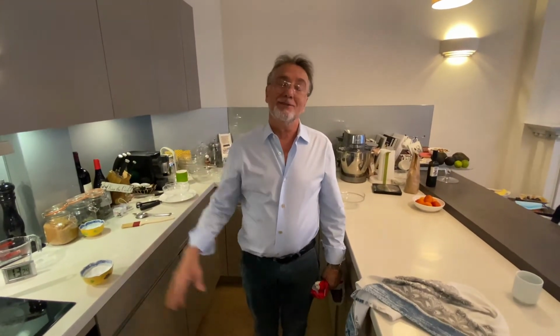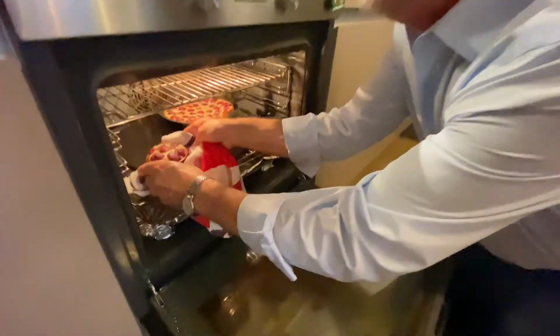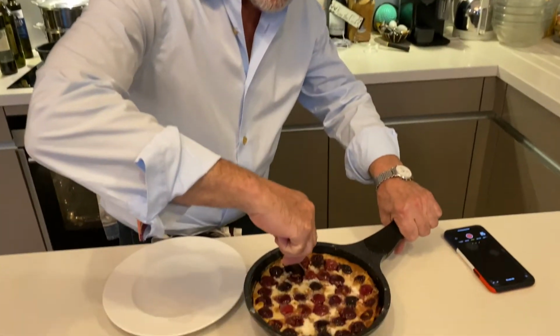I think you will enjoy that dish very much, and we might put it one day on Eurostar. The little one is ready. That's for me later on. This other one will be for my friends upstairs. I hope you will make this clafoutis anytime during this wonderful summer which is coming up. Okay, with any fruit you wish. So think of your lovely friends around the table, your loved ones, and having a nice serving of this gorgeous